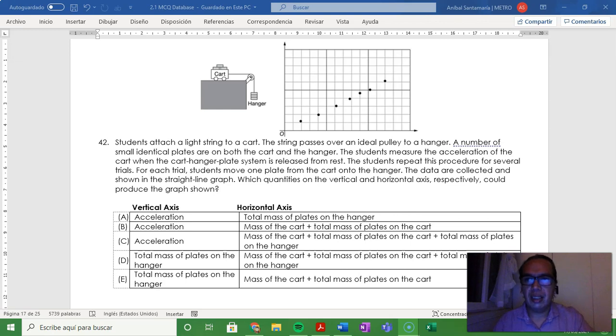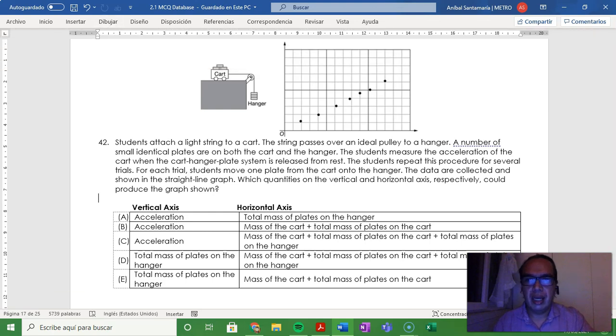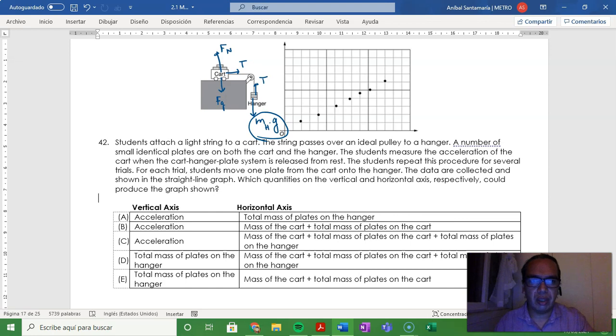Now, in this case, you want to consider what the forces are being exerted during this process. And you can see that there is only one external force, which is the mass on the hanger times the gravitational acceleration, because the tension is approximately the same on both ends of the string. The gravitational force and normal force on the cart are irrelevant to the acceleration of the cart. So, the only force that you need to consider for Newton's second law is the force exerted by the mass